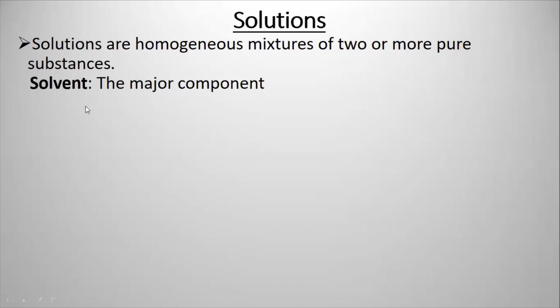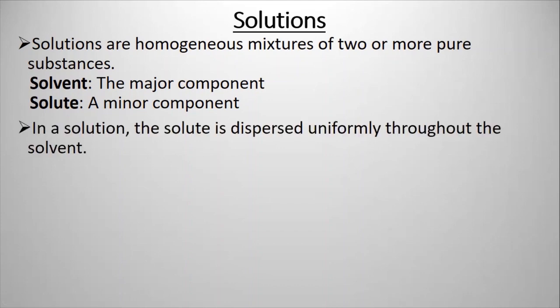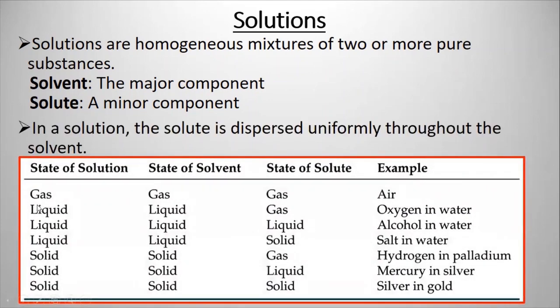A solution is a homogeneous mixture. You have to have a solvent, which is the major component, and you have to have a solute. You can have more than one solute, but at least you need a solute and a solvent. The solute is the minor component. And we can have different states of solutions depending on the type of solvent and solute, as I explained last